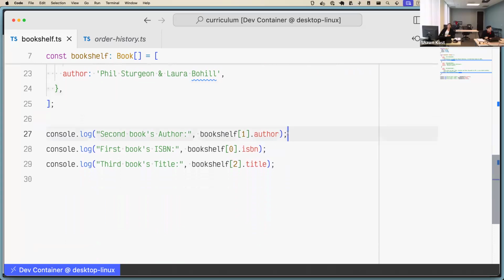Noah, could you do line 27, please? And let me know if you would like any assistance. So the log method of the console object is being called with two arguments. And on line 27, the first argument is